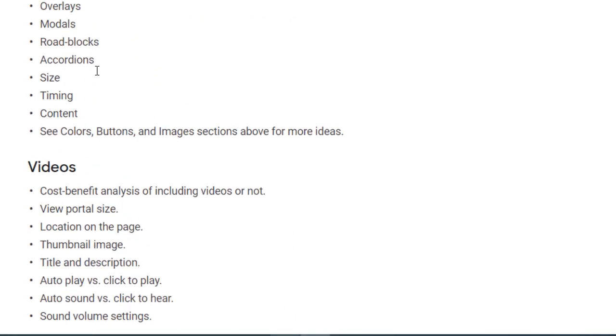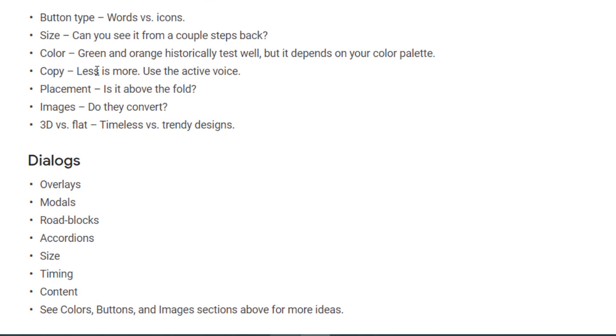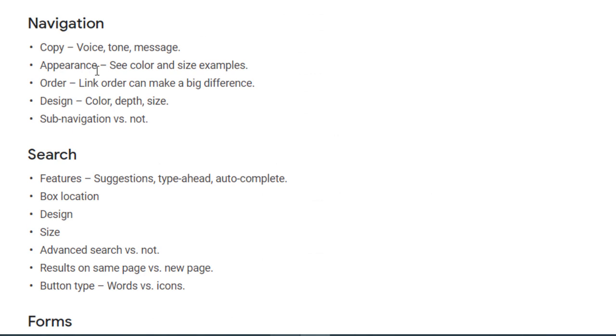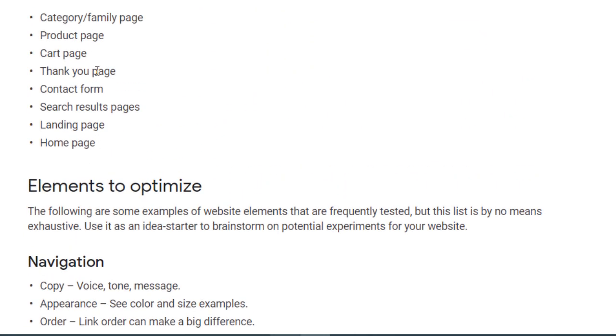Obviously, you need to focus on the most important things. What I suggest doing is split testing based on elements that you think will make a big difference. A good way to know this is by seeing different screen recordings and heat maps, or even asking your customers after they checked out, or if they abandoned the cart, asking them why they didn't.